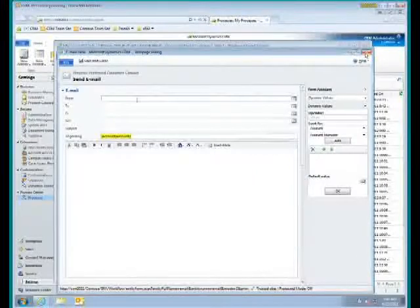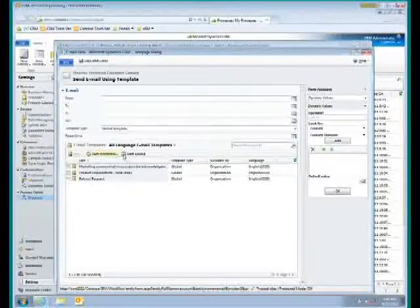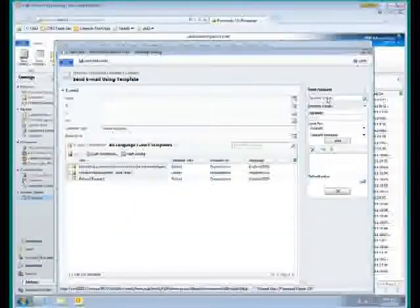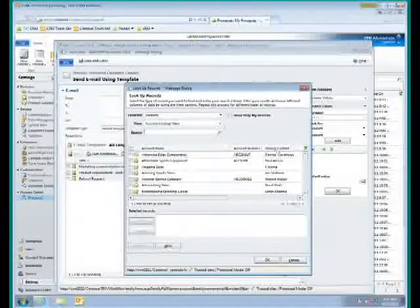Now, create new would let me create an on-the-fly email. We're actually going to use a template, as we did before. And we're going to select two. And here we're going to do something a little bit different because we want this to go to a specific person. So at the account,